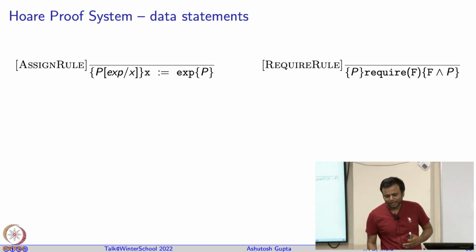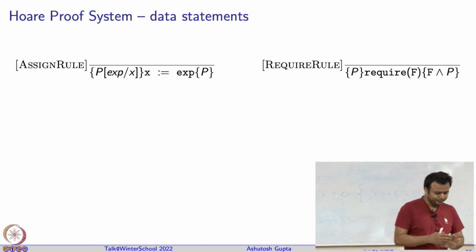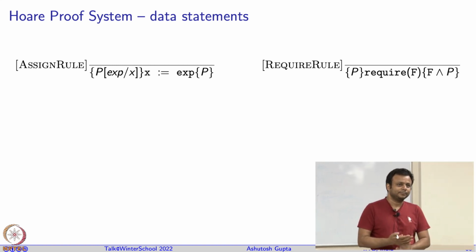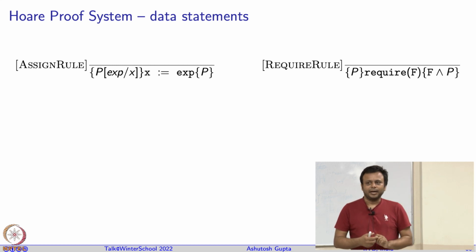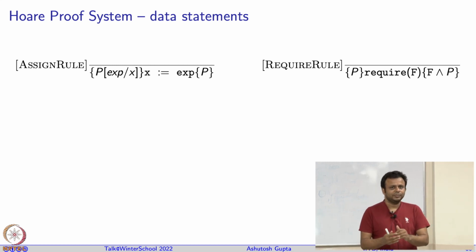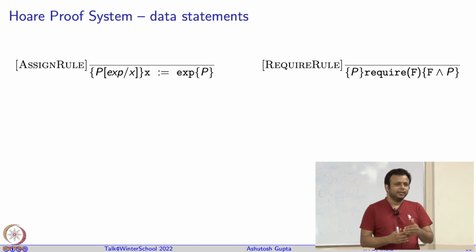We can have a require rule. Basically, the require rule semantics is that if you reach the program point, especially in the case of Solidity, you can write a require with a formula, and what it means is: if the program reaches there and the require succeeds, then the program continues. If it fails, so what happens is